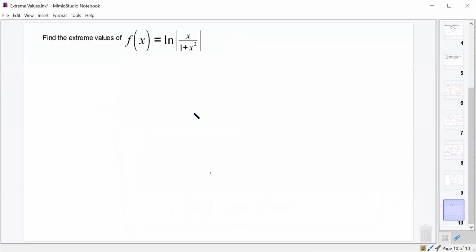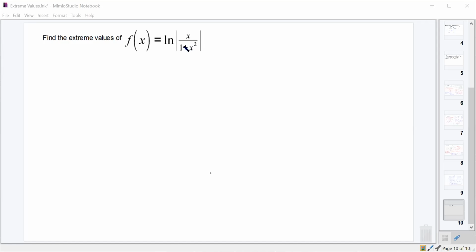All right, let's take a look at the natural log of the absolute value of x over 1 plus x squared. What should we do first? Take derivative. You're right, a derivative. Okay, so that's a problem because we haven't taken derivatives with anything that has an absolute value in it yet, have we? No, we haven't. So we got to think a little bit